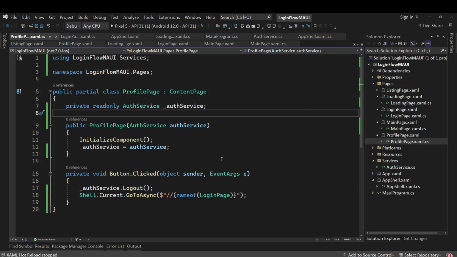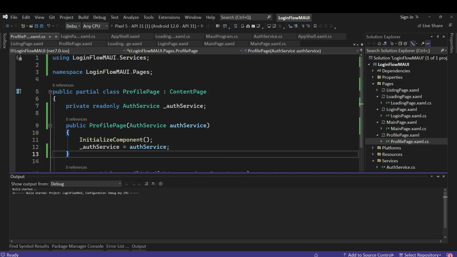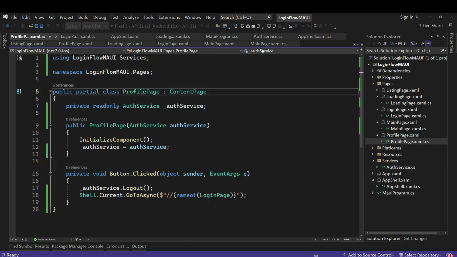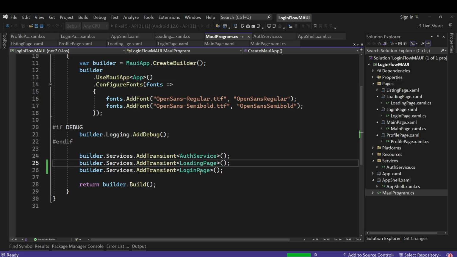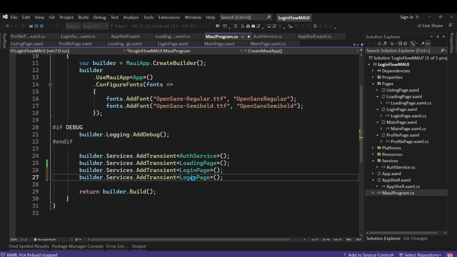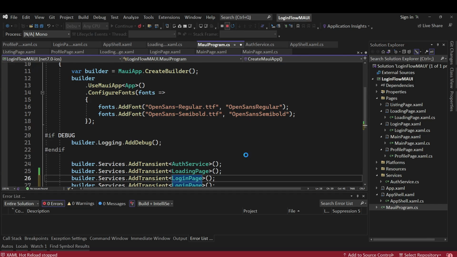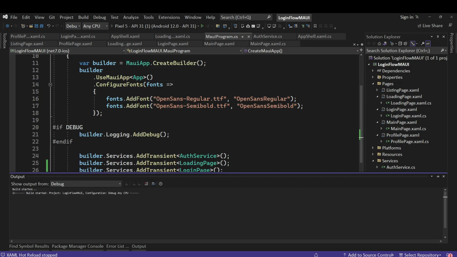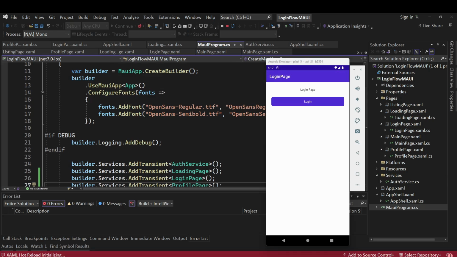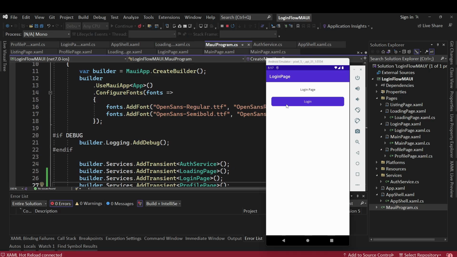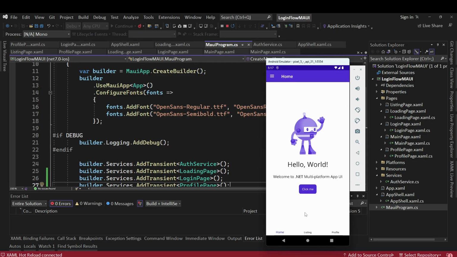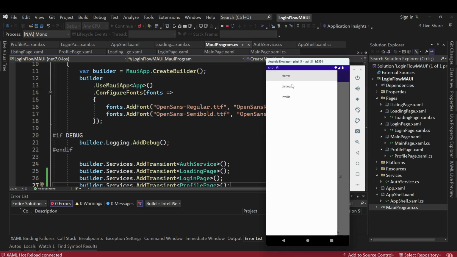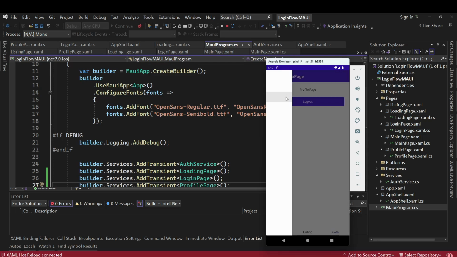Let's run it one more time. Oh, I missed registering this profile page as well. Right, it will throw. Yeah, we need to register this as well. Stop, profile page. Yeah, let's run it. App is here and it's checking state and it went to login. If we log in, now we are on the home page and now we can see our listing page, profile page,